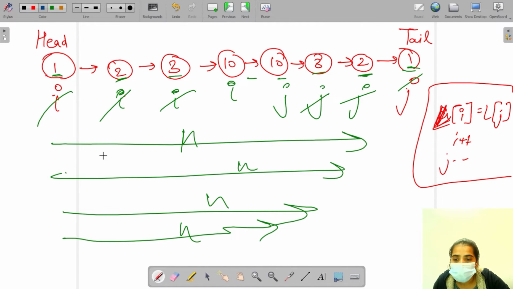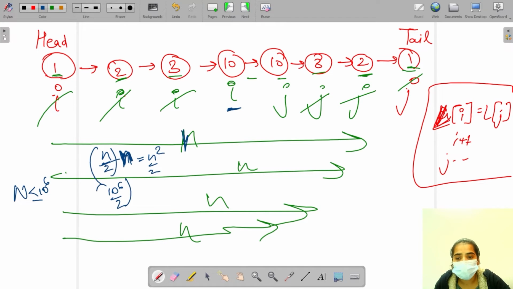For n by 2 elements of the linked list till here, I am working n times. What I'm saying is, for n by 2 elements of the linked list, I am working till n every time. So this will become n squared by 2, but the constraint is that n's value goes till 10 power 6. Now put the value of n here: 10 power 6 squared by 2, 10 power 6 squared will become 10 power 12 by 2. So you can see